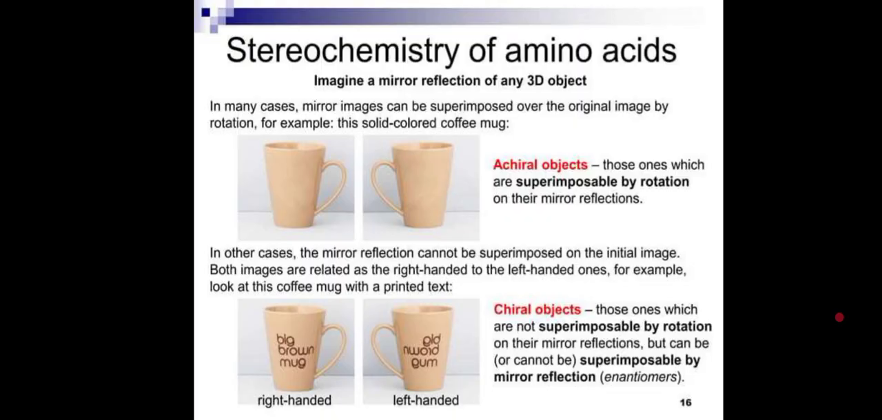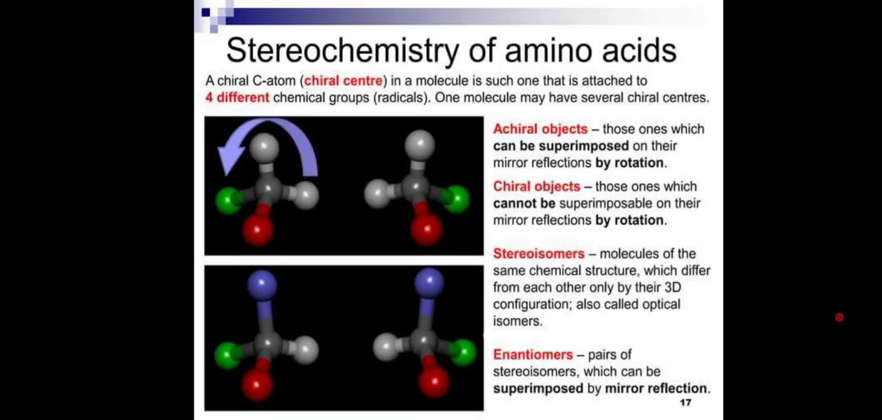So look at this chiral object. This first set of images is superimposable by rotation, superimposable on the mirror. But when you look at the other one with the big brown mug, you can see that the image in front of the mirror is not superimposable. These are what we call chiral objects, and I've given you the definition of a chiral object. Another thing that you need to understand is what they mean by